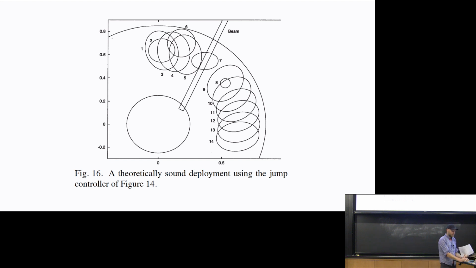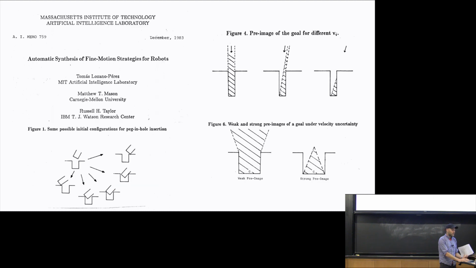It's a really, really beautiful idea, I think. When you ask Al Rizzi and Dan Koditschek how they came up with this idea, they say, oh, we didn't come up with the idea. They talk about Lozano-Pérez and Matt Mason. This is the 1983 paper. Some people just call it the LMT paper, which is pretty good. If people can use three letters to describe your paper, that's pretty good. And they talked about, in the kinematics space, trying to do peg and hole problems,